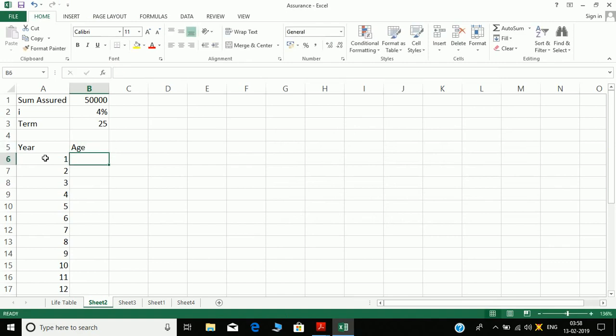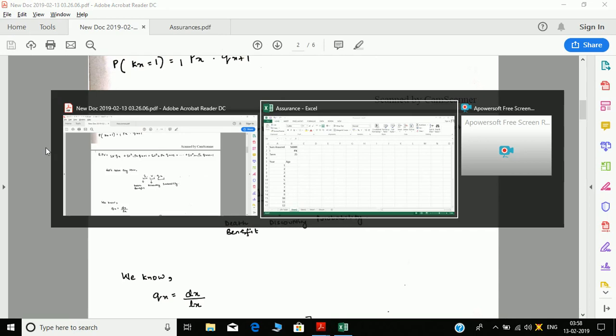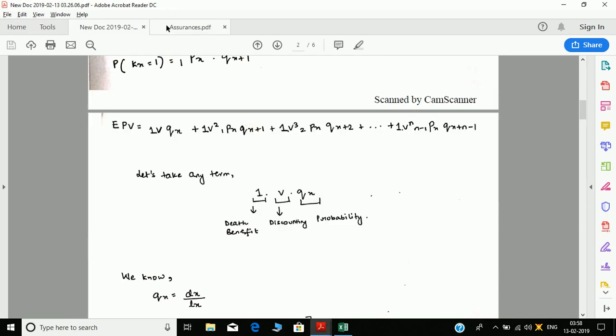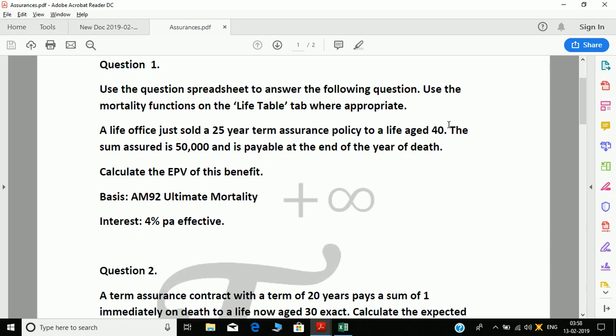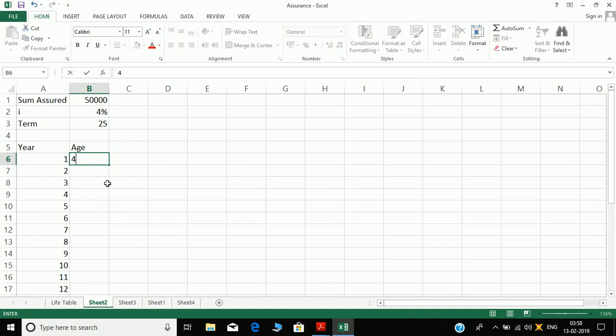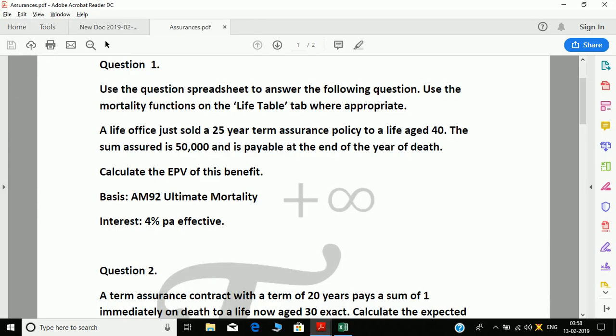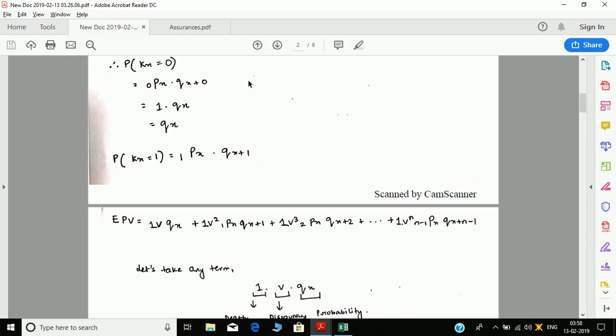Next we have age. Age is starting from, what is the person's age? The age of the person is 40. So starting with 40, from the derivation we can see that v qx, x is 40.